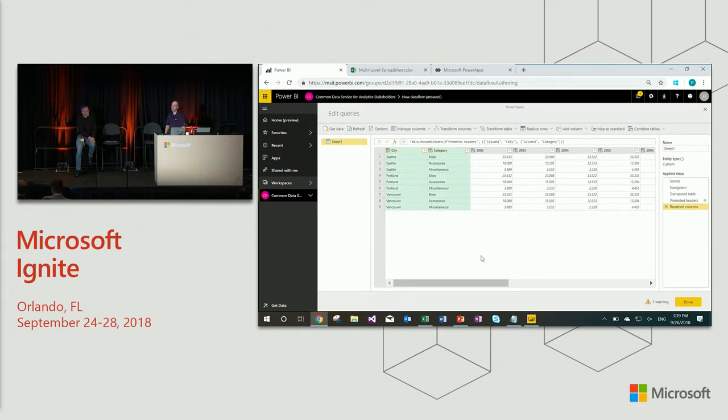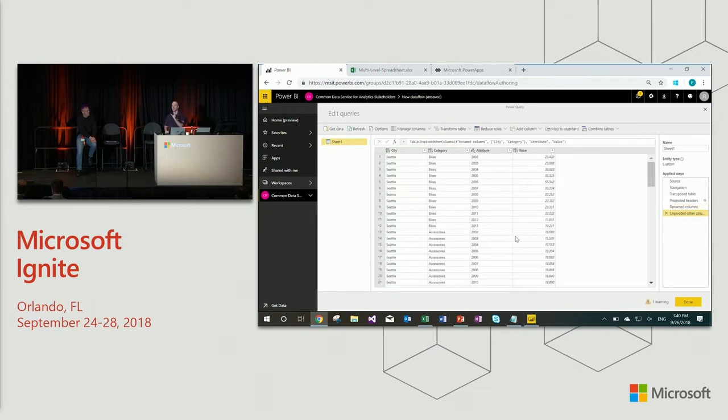And now it's starting to look much better, but the next thing we need to do is transform that set of columns we have, one column per year with the numbers, to become rows, one row per year with the actual sales number for that specific product category. And for that, we're going to use the unpivot operation. We're going to use the unpivot other columns operation, which means in this case, I selected city and category, and I'm telling Power Query that all of the other columns that exist in the table should be unpivoted,